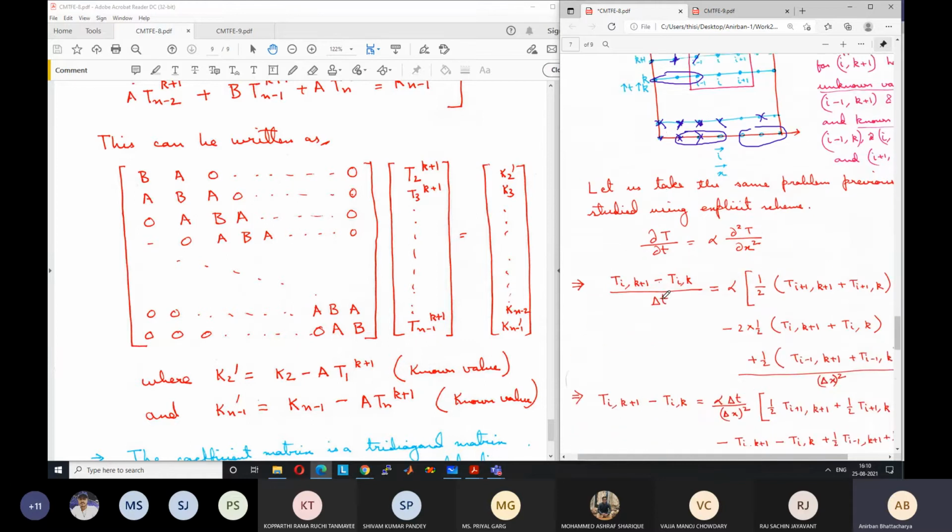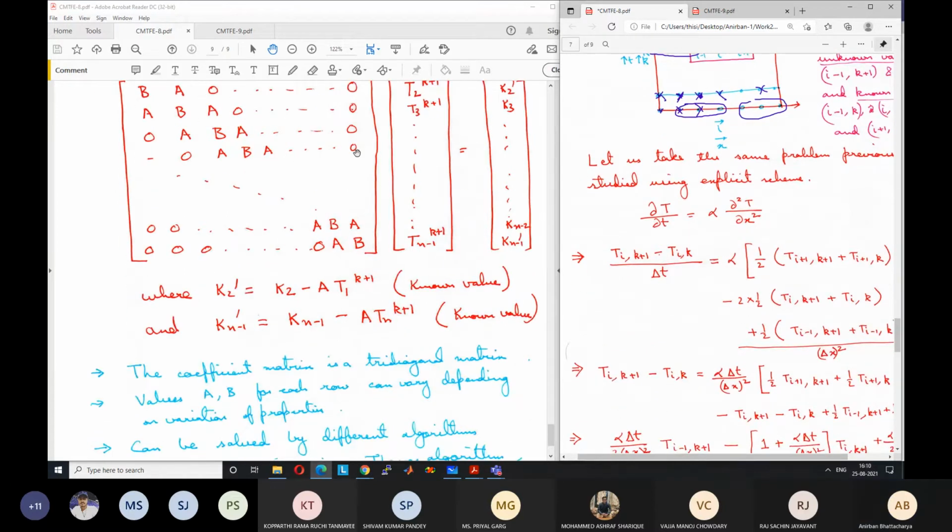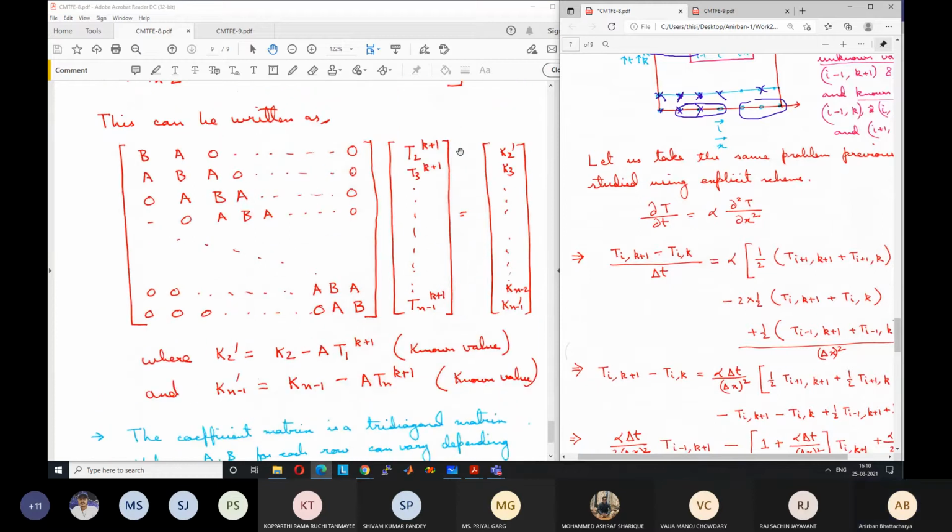So we will have an additional equation for that boundary depending on the boundary condition. So it's not that always you will have n minus 2 equations. You can also have n minus 1 equations if in one boundary a flux type of condition is given, or you can have n equations also.